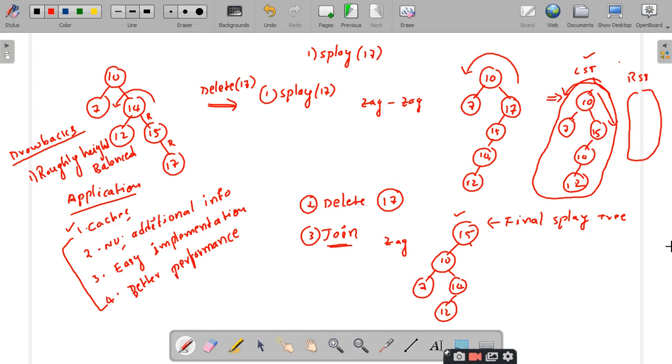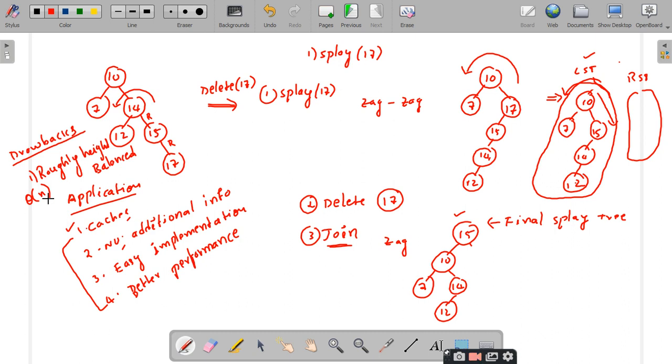So the theta notation represents the average case time complexity. So in the average case, the splay tree insertion or deletion or search operation may end up with a time complexity of theta of n. So that is the only disadvantage we have with these splay trees. Is it clear up to this point?